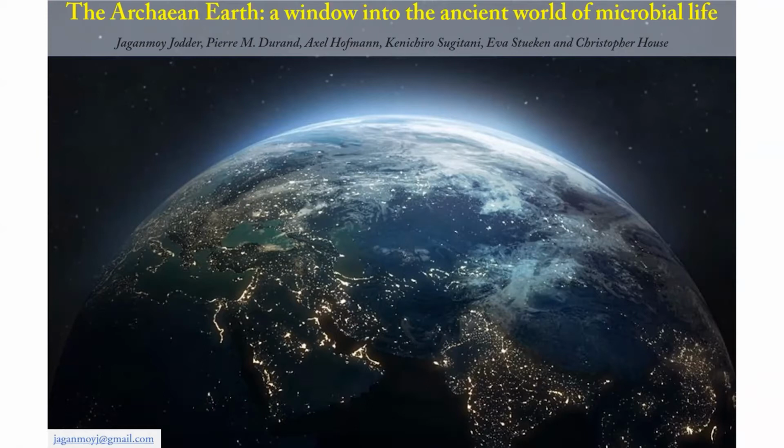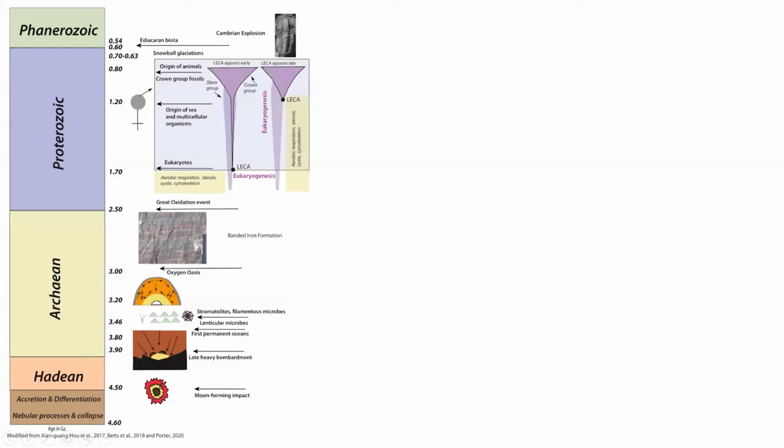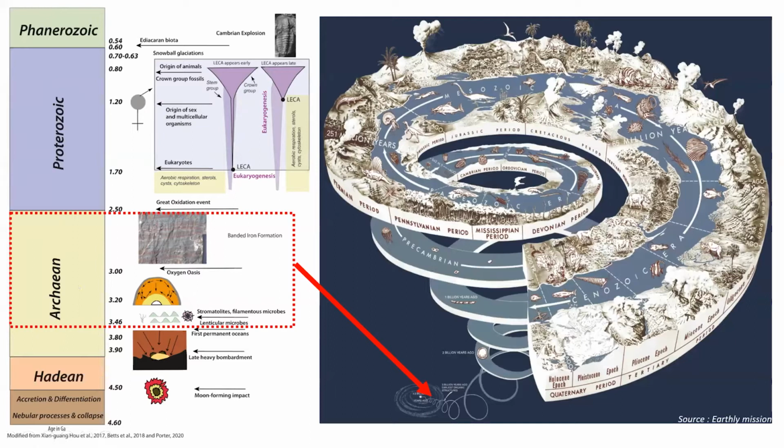To address a few of these questions and to answer some aspects related to early microbial life, we will take you through a deep journey into our Earth's history. So what is the Archean? This is a time scale of the early Earth history, showing the different time periods, mostly considering the evolution of our solar system. The time period in discussion today is the Archean, roughly from 3.5 to 2.5 billion years.